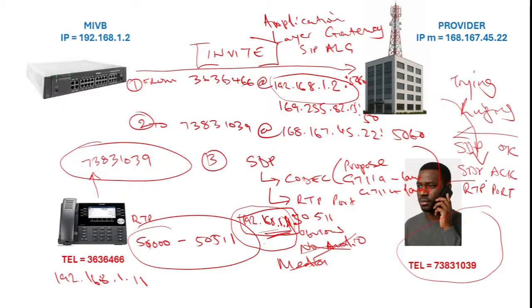But we know that for this provider, its RTP ports are from a range of 10,000 to 65534. So it's just going to pick any port here at random, and it's going to, okay, let's clean the board, and